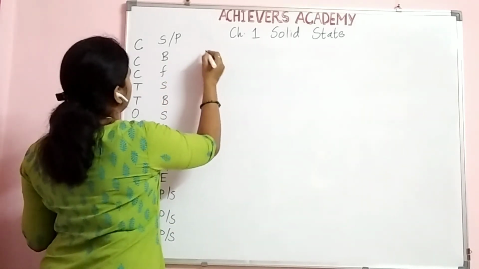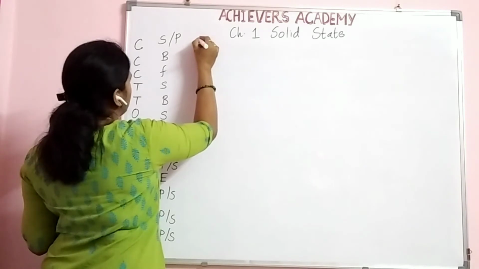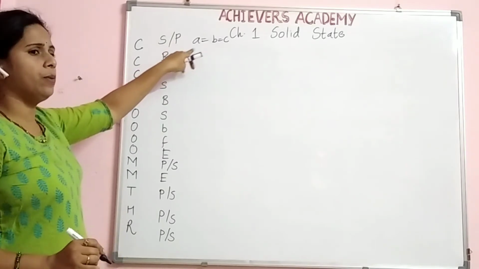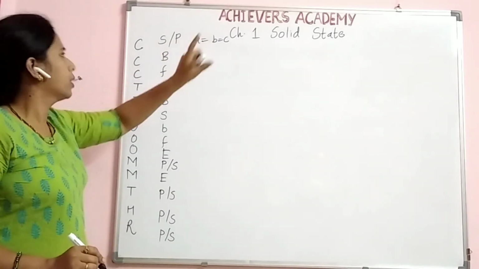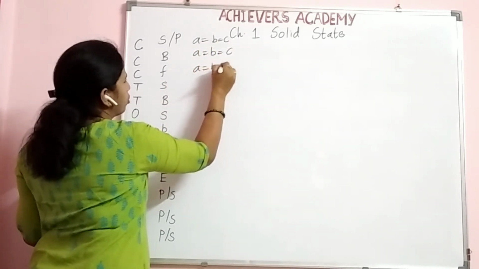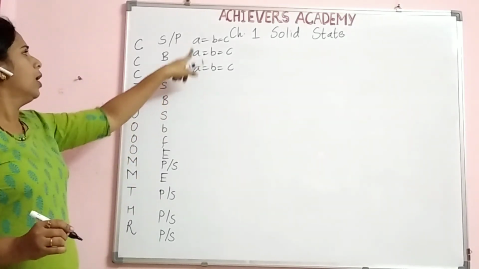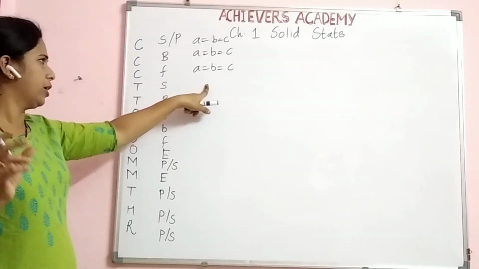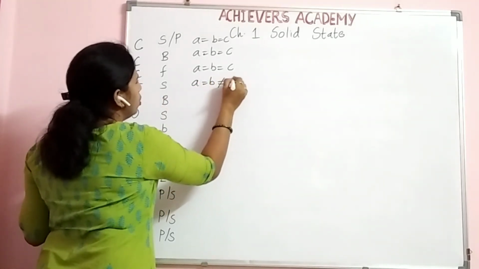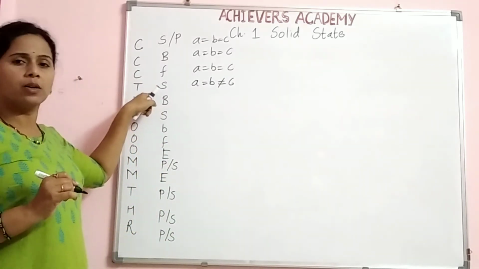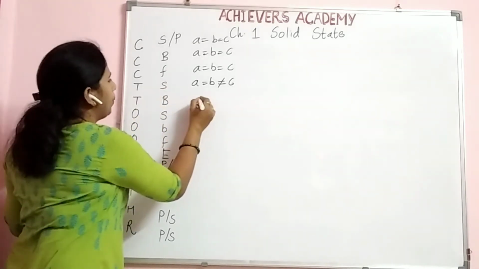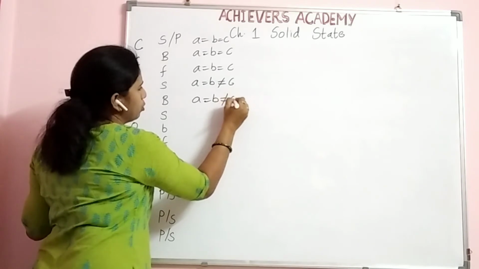Now for edge length, how we will do it? Now see, A is equal to B, B is equal to C. This kind of condition will be there. So all cubic kind of unit cell will show all the 3 same type of edge length. Their edge length is same. Then A is equal to B, but it is not equal to C. It is in the tetragonal kind of a crystal system. And after that, we have to repeat it 2 times. A is equal to B, B is not equal to C.